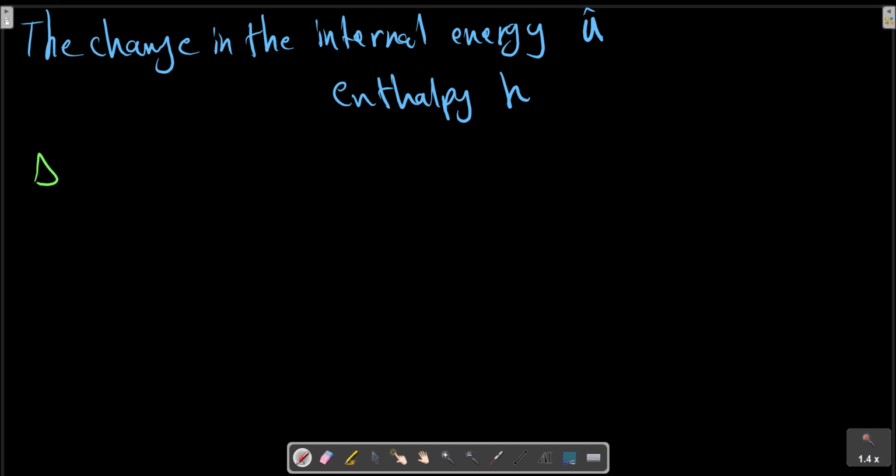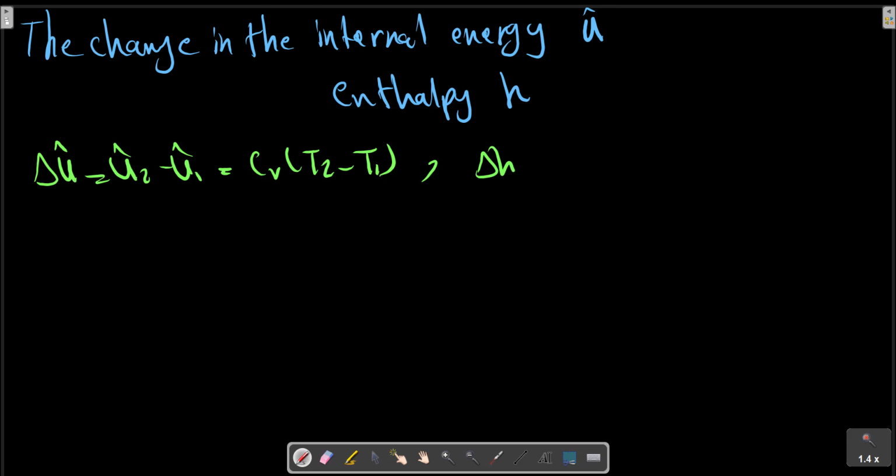For example, delta U, the change in internal energy, U2 minus U1, equals Cv times delta T, and for the enthalpy we also have a relation for perfect gas, very useful relations in the